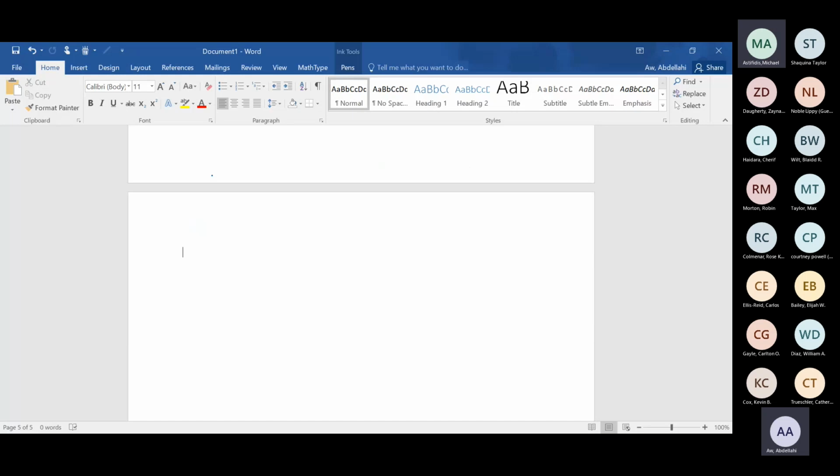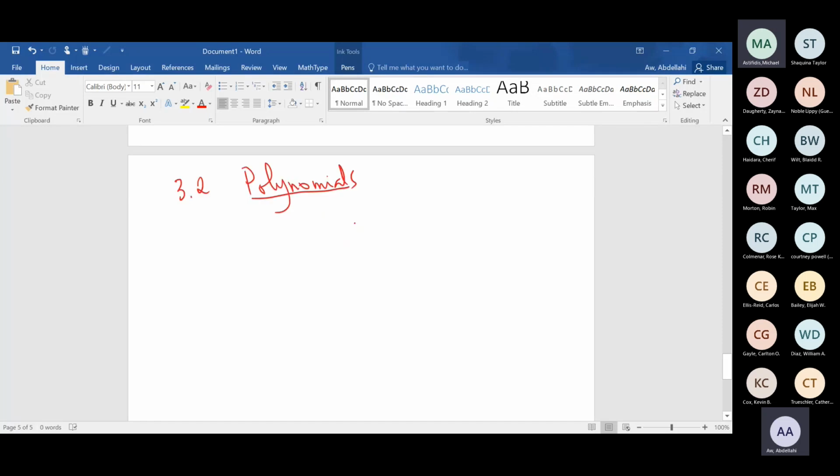Okay. So now what we're going to do more is we're going to see polynomials in general, right? 3.2, polynomials. We're going to define what is a polynomial, and then we're going to try to graph some of them. This opens up a very, very important topic in this chapter. So the word polynomial is not new to you. I know that, right? So for instance, example, when you say f of x